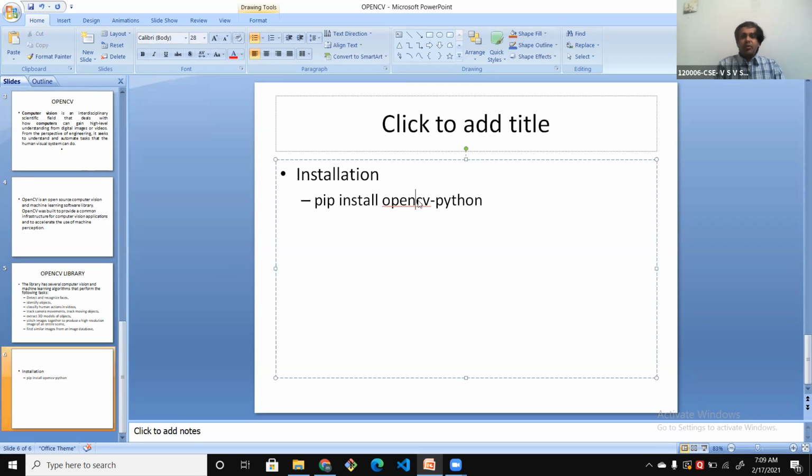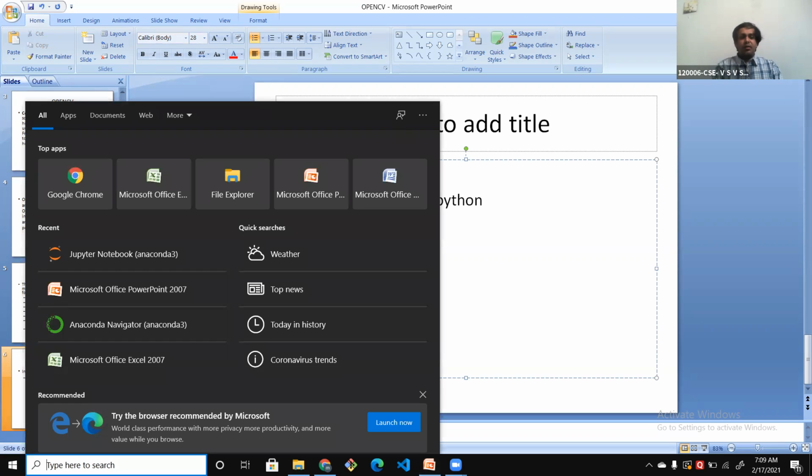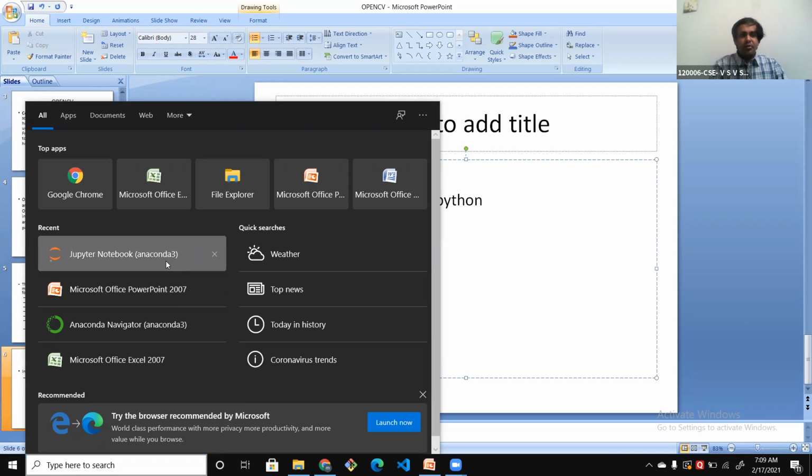It will download the OpenCV Python library into your system. Once done, choose any platform on which you run Python programs and execute them. Here, I am choosing Jupyter Notebook.